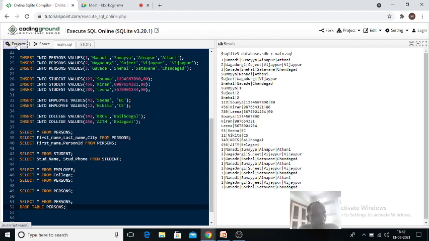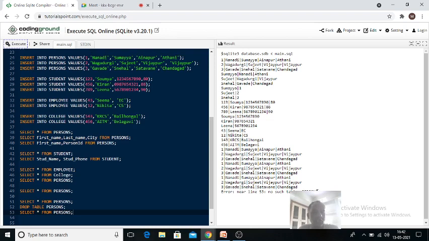Now you are not having the table called persons. So if I now execute select star from persons, see here: no such table called persons, because it is already deleted.